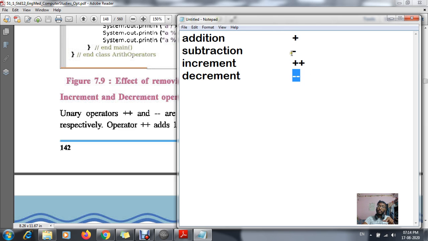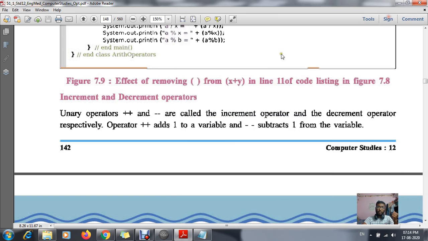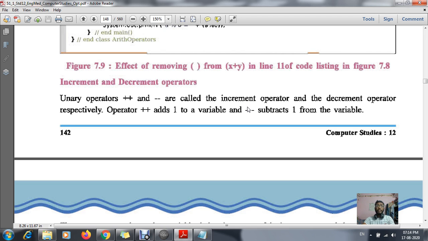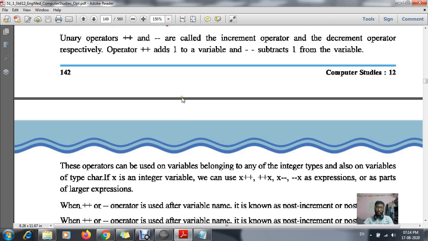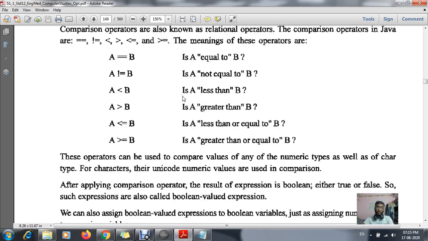Addition and subtraction are arithmetic operators, which I hope you have learned in your basic classes. An example of increment and decrement operators I will show in the next period, in a Java program as a looping statement.